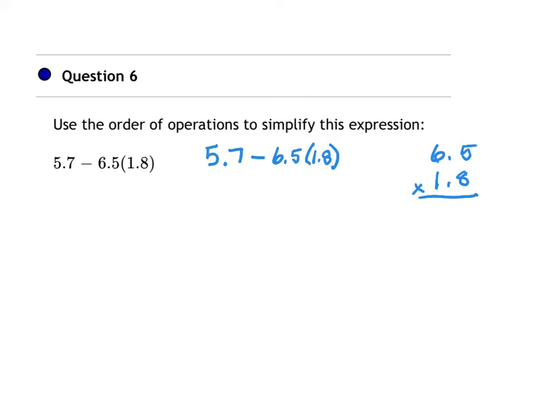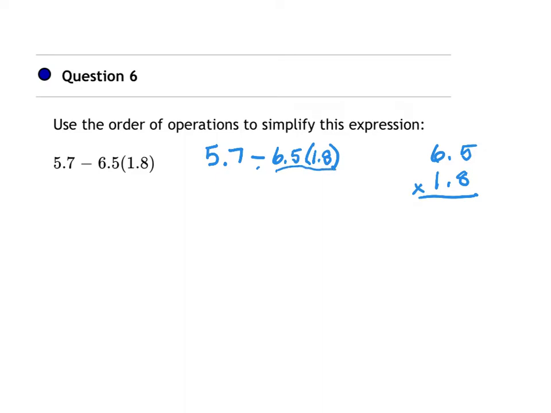Order of operations, but with decimal numbers. So we follow our order of operations: parentheses. Remember, that means when there's something to do in the parentheses. This just has a 1.8, so there's nothing to do there. Then exponents, no exponents. Multiply or divide starting at the left where we have subtraction, but then right here is